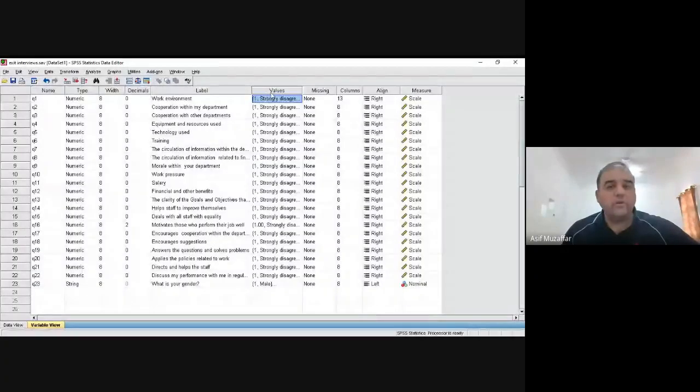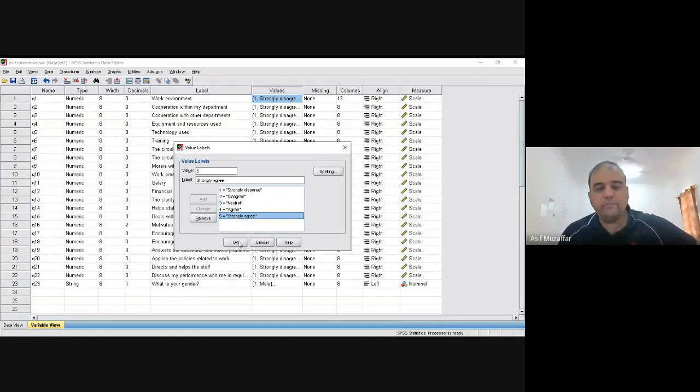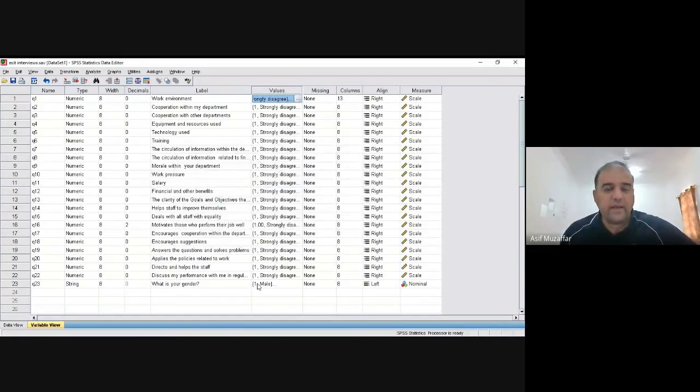You can see in the variable view, we provided the values like this scale: 1, strongly disagree, 2, disagree, 3, neutral, 4, agree, 5, strongly agree. This scale has been provided, and for gender, 1 is male and 2 is female.